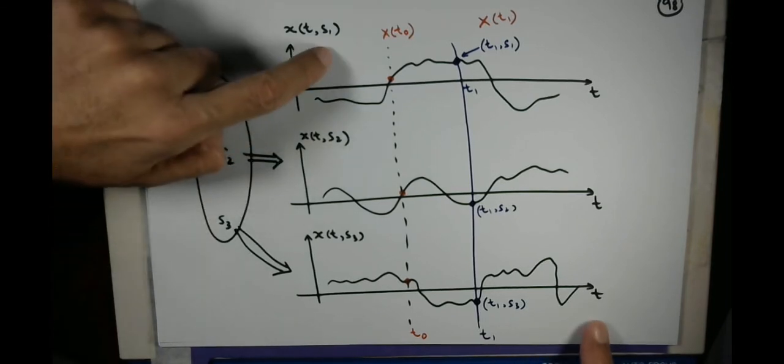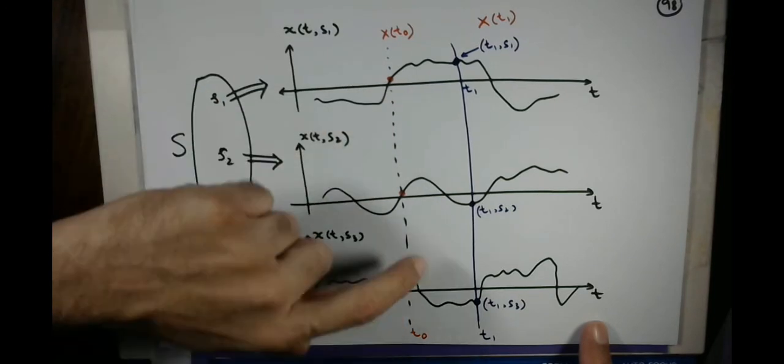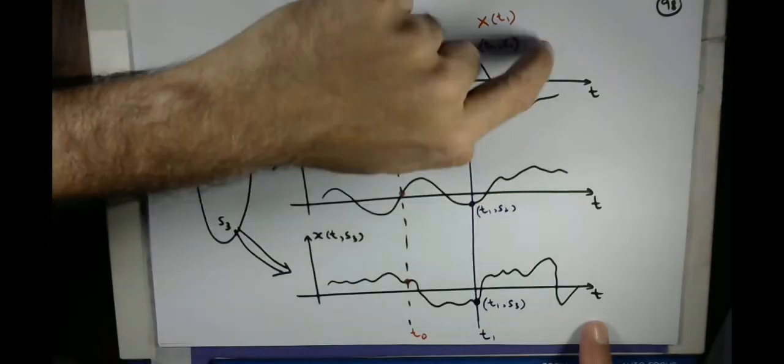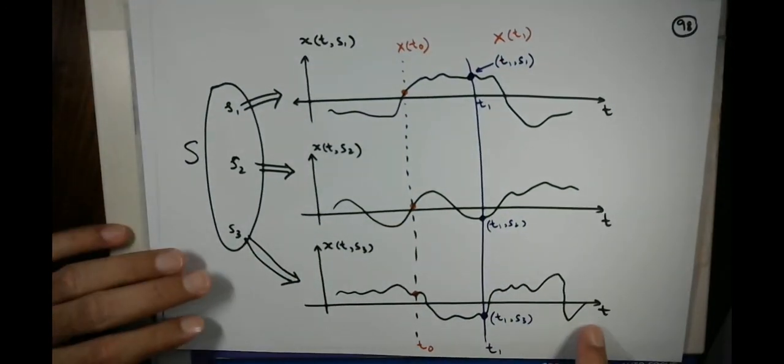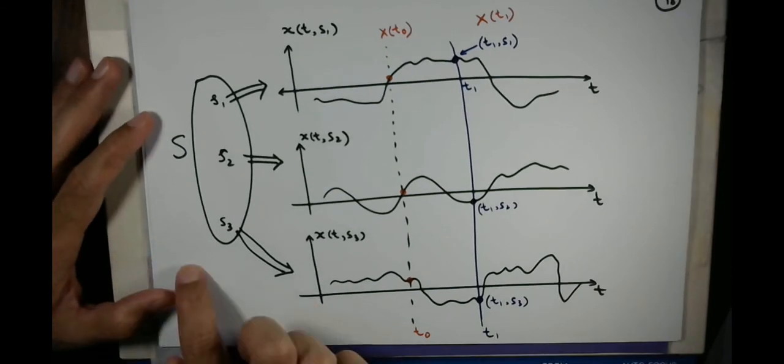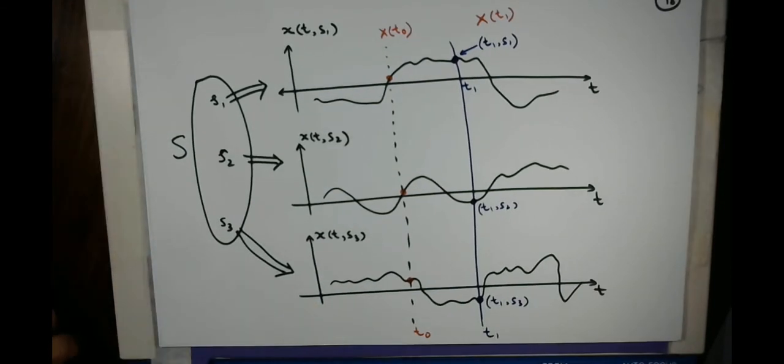So you can see there can be many possibilities of random variables, many random variables possible from this particular stochastic process. So this is one of the understandings of the concepts. I'll move on